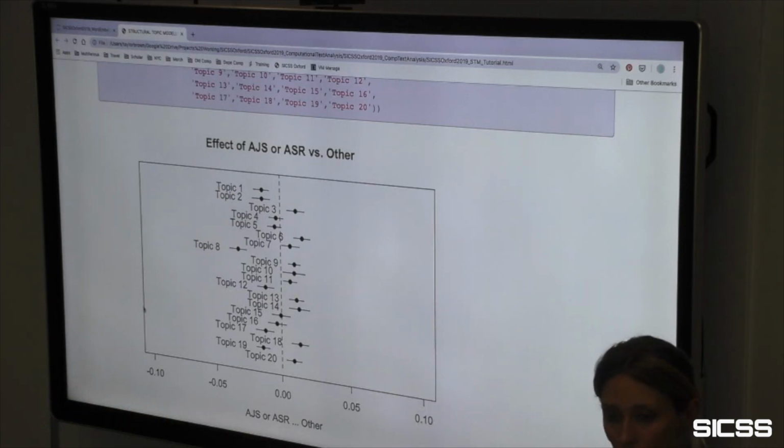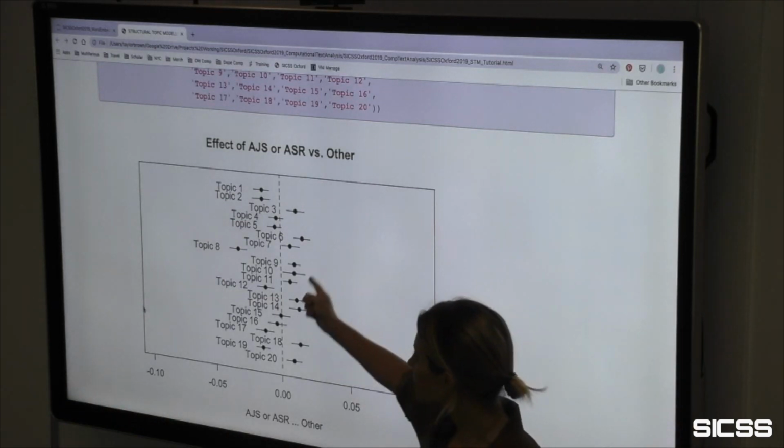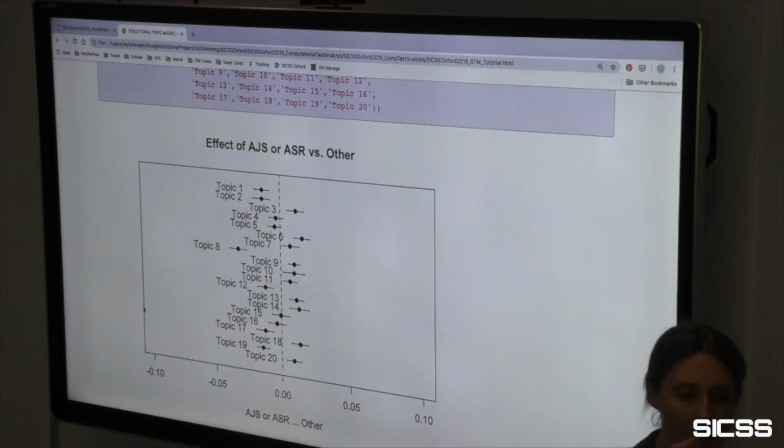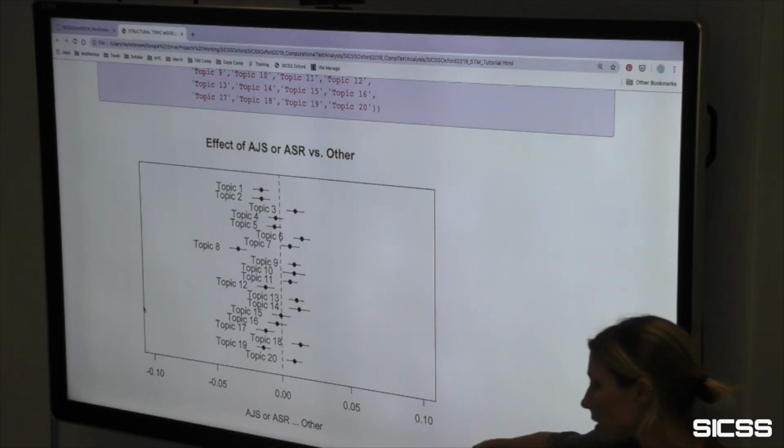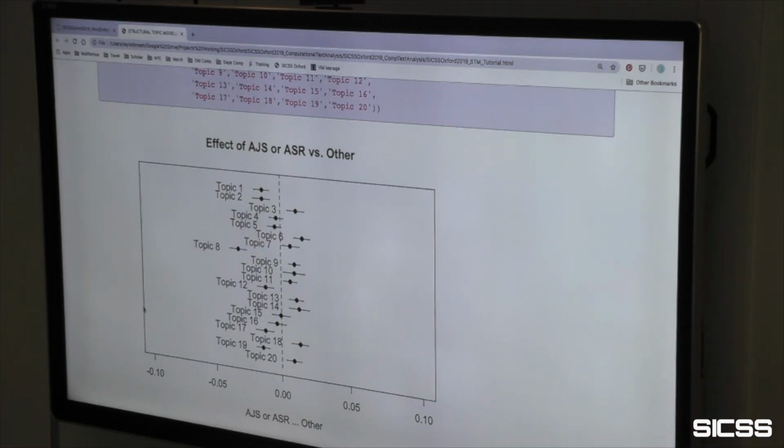Unfortunately, I haven't relabeled the topics yet, so what you could have done is go in and label topic 1 according to what you think it is about, maybe marriage and family or whatever, and then you could create this plot and see if it has face validity. If it's liberal conservative, or if it's